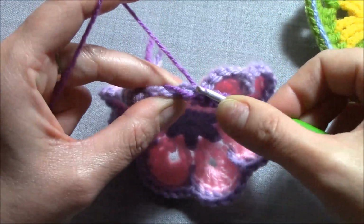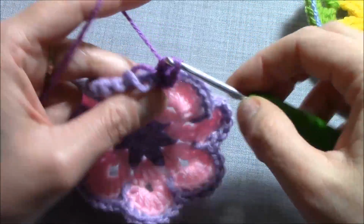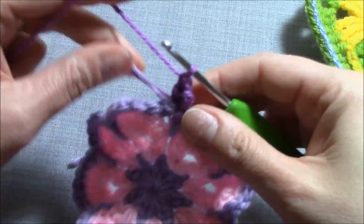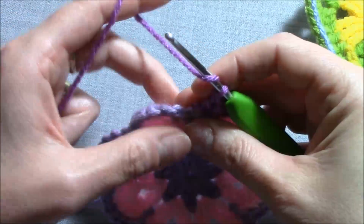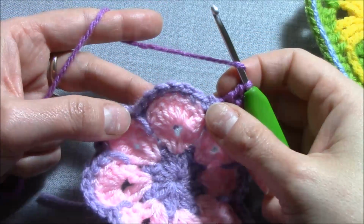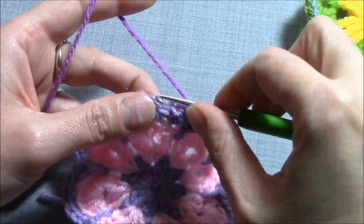Pull the yarn through both loops and work your double crochet. Now yarn over again and 1, 2, 3, 4, 5, 6, 7. Insert the hook